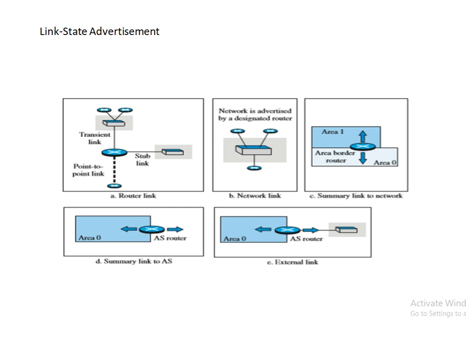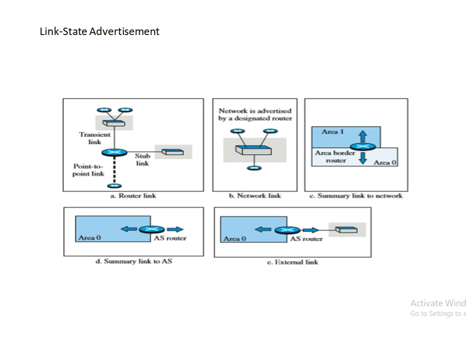The next one is network link. The second one, you can see in the diagram, is the network link. A network link advertises the network as a node. In the first one the router was a node; in this one the network is a node. Since a network cannot do advertisement itself, because a router can do it but a network is made up of many things, right? So one of the routers in that network is assigned as a designated router, which will advertise for it.